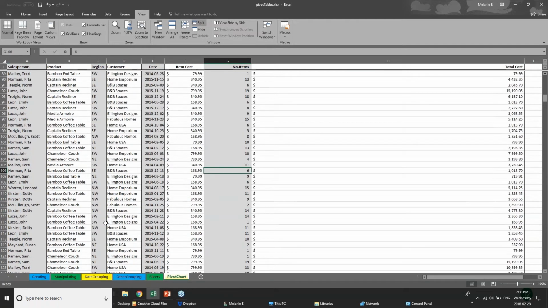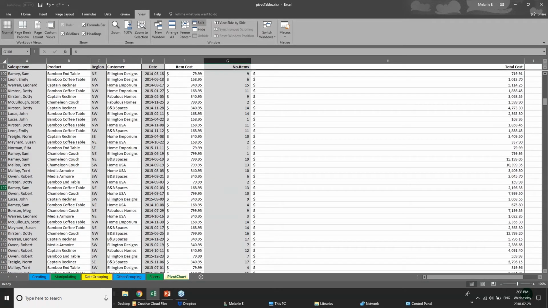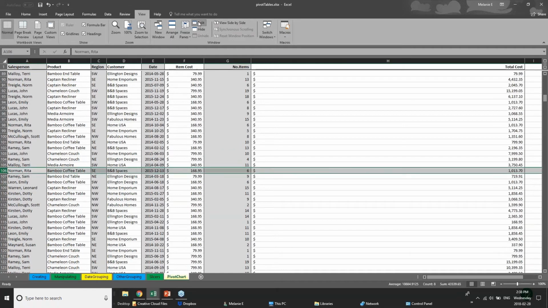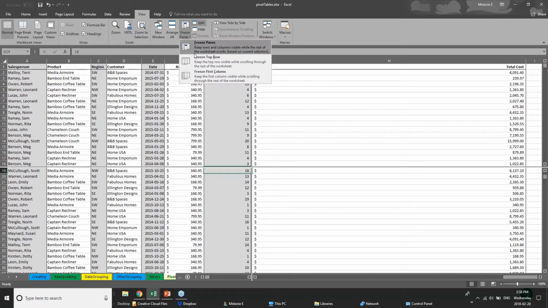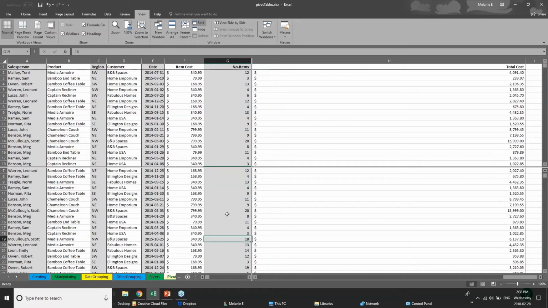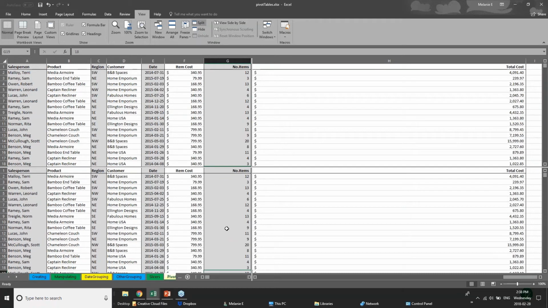And now, where'd it go? I lost it. There it is. Okay, here it is. I'm going to go here to split. Oh, it's getting confused because I have my freeze panes. Let's unfreeze this. So actually, because I have my freeze pane on, that's very interesting, it wants to do both at the same time,